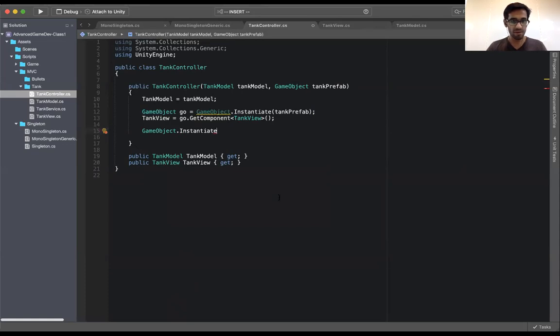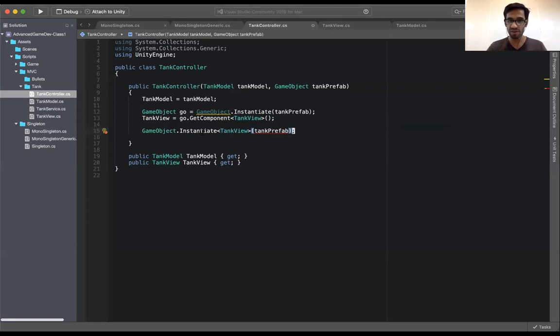Okay, sorry. So this instantiate allows you to specify a type. Now remember when we discussed generics in Singleton, this is exactly the same thing. Here we are saying, hey, game object, instantiate a new game object and return me the view attached to it. I'm going to pass it the same tank prefab,